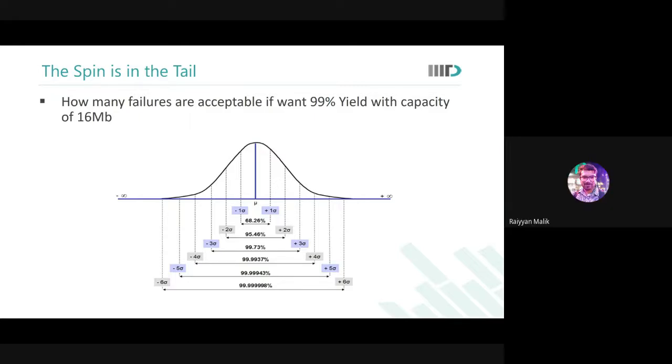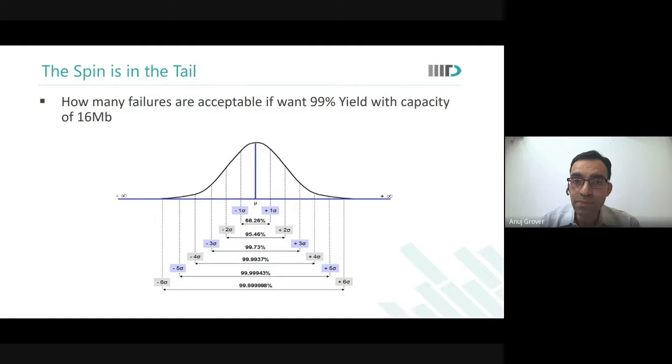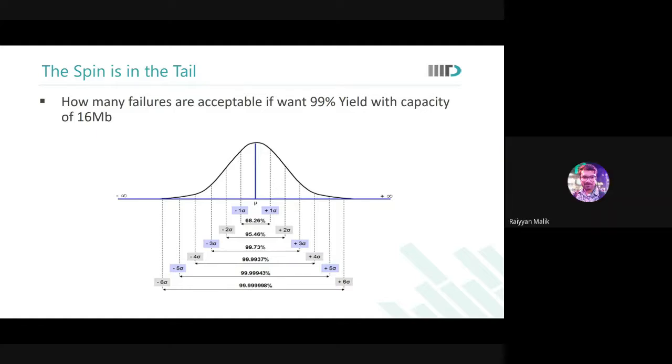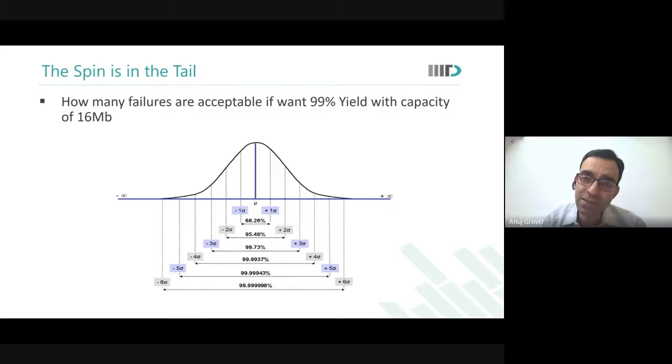Which are closest. Huh? For SNM, the closest one means the plus 1 sigma. When you were saying that for SNM plus 6 sigma. मतलब हमारी क्लास SNM से भी बदतर है. -6 sigma. हाँ रयान, हमारी क्लास SNM से भी बदतर है कि हमारी क्लास में तो -4 सिग्मा वाला फेल करता है और मेमोरी के अंदर +1 सिग्मा फेल कर जाएगा.